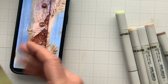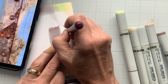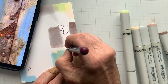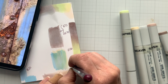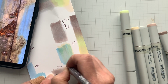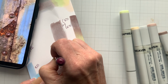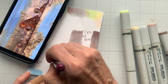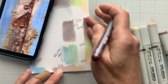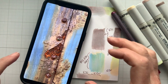All right. So we have E71, E70, and then those got C1 on top of them a little bit. We played with G20 running into that, E50 running into that. We also looked at what the E70 into E50 did. That's down here. And then this combo for as we run into the paint is a B12 with the E50 and the G20. So lots of stuff going on, and this would end up really mottled, obviously in the mix of that,